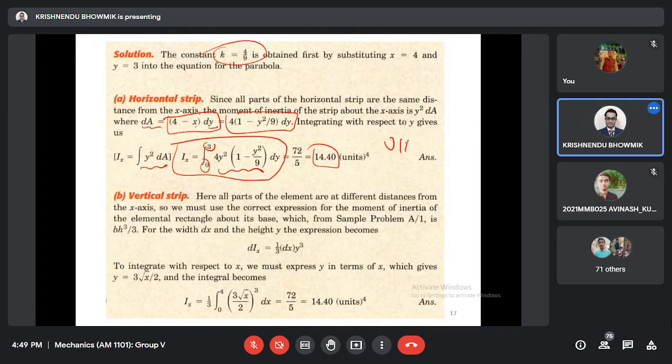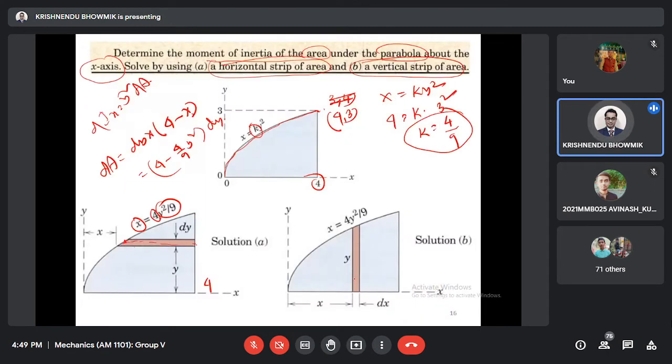See, it is unit per 4. Unit per 4. Horizontal strip we have taken. Now we can take vertical strip also. For this vertical strip,